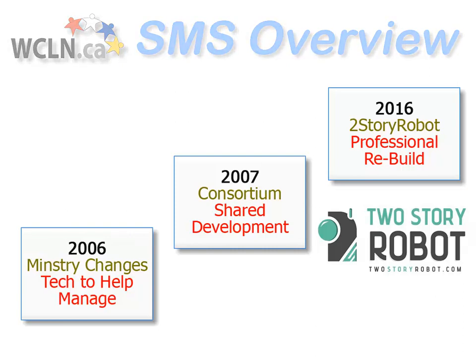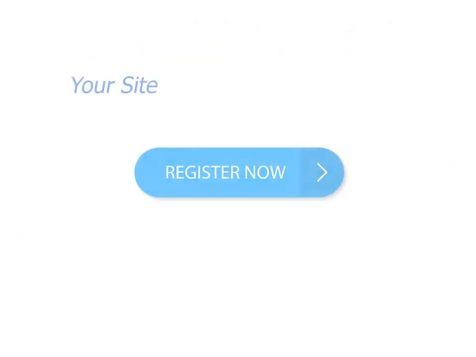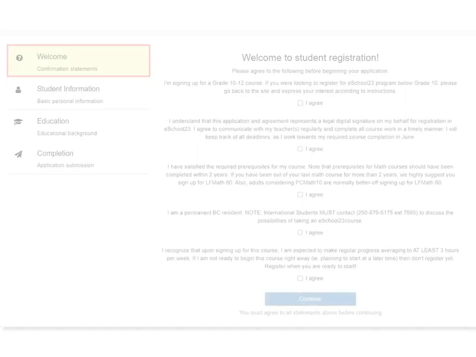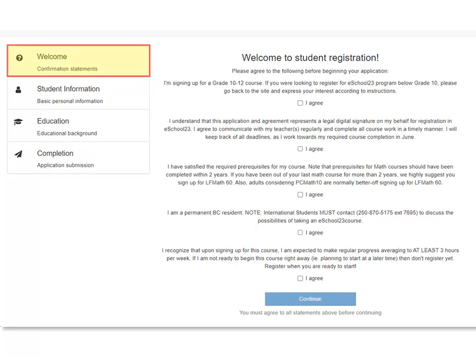Let's dive into that. First of all, on your program's website, you'll simply add a link to Register Now, or however you choose to word it, and that'll take students to the SMS registration form. And the first thing that a student sees here is the confirmation questions. Now, the confirmation questions are customizable by each program, and a student can't submit the registration form until they check